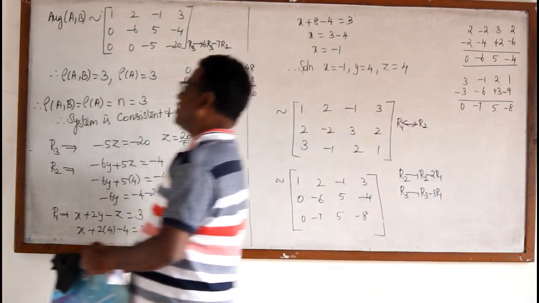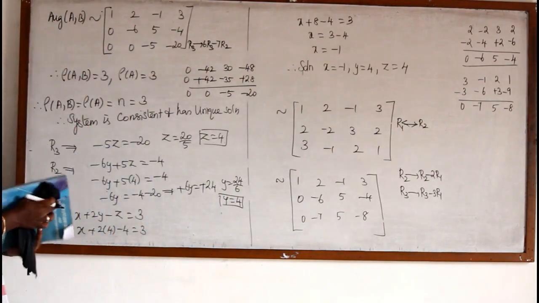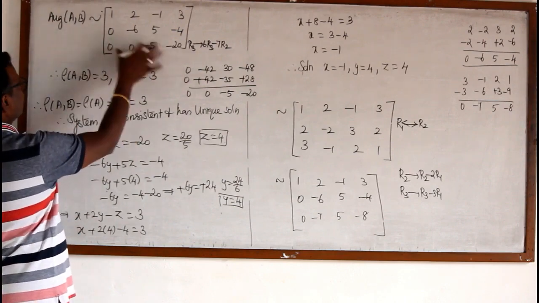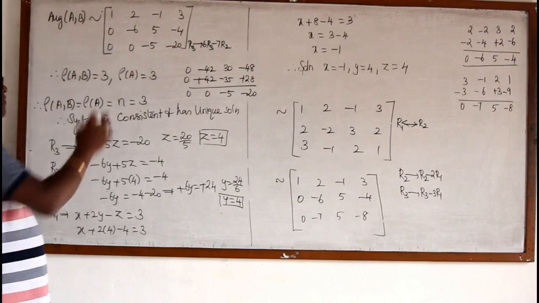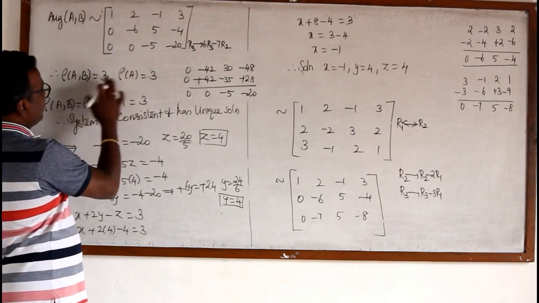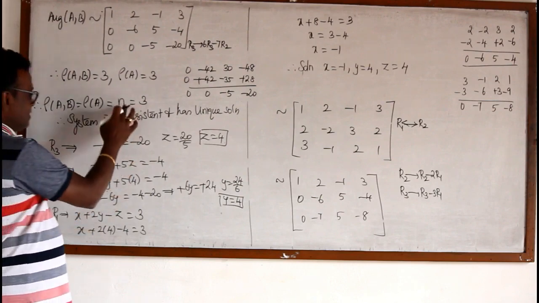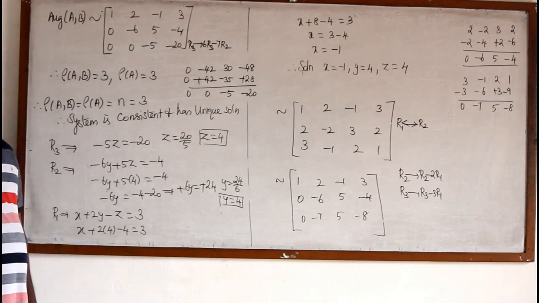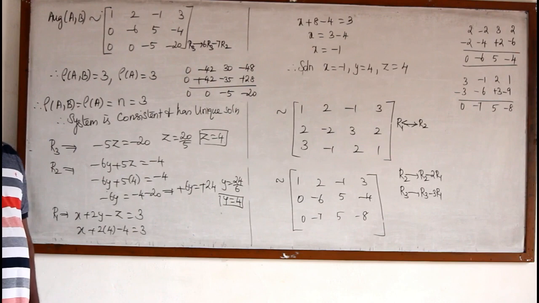This is a type of solving an equation, and this method is called the Gauss elimination method. That is, I have to augment A and B. It's very simple. I have to augment this A and B, and then find the rank of this matrix AB. From there, I must find the rank of AB and also the rank of A. If it is equal to 3, then it is equal to the number of unknowns also. Therefore, all the 3 are equal. That means there is only one solution. That is called a unique solution.